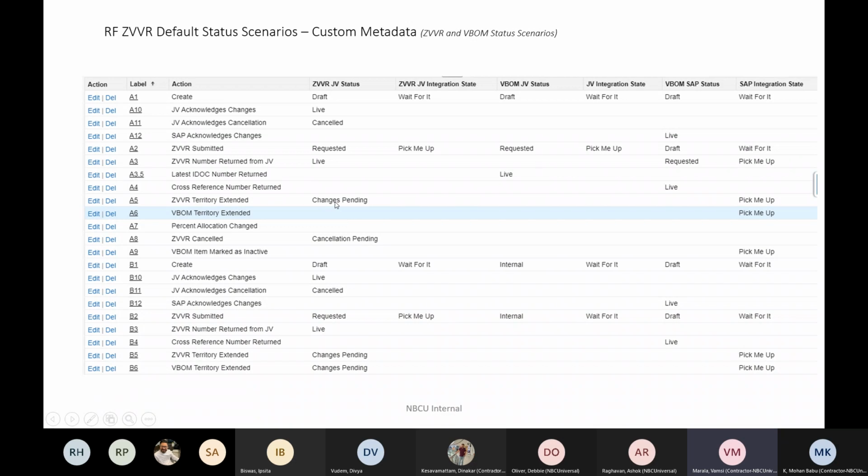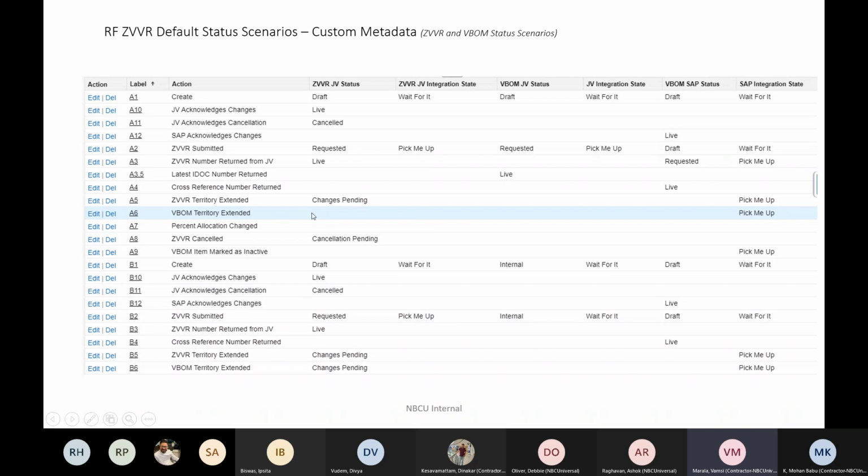Once it is extended to CA, a task will be created that it has been extended, and the parent video version status will be changed to changes pending. And SAP integration state again will flip to pick me up. And in the same way, the VBOM territory is extended. In the A6 scenario, the VBOM of that particular video version will be extended, and that SAP integration status will be pick me up.